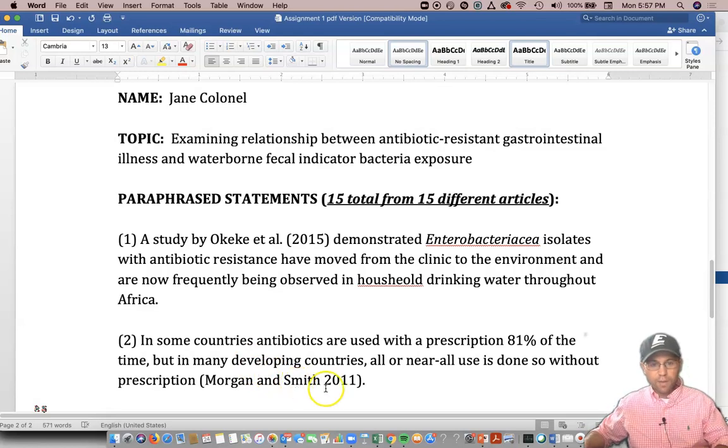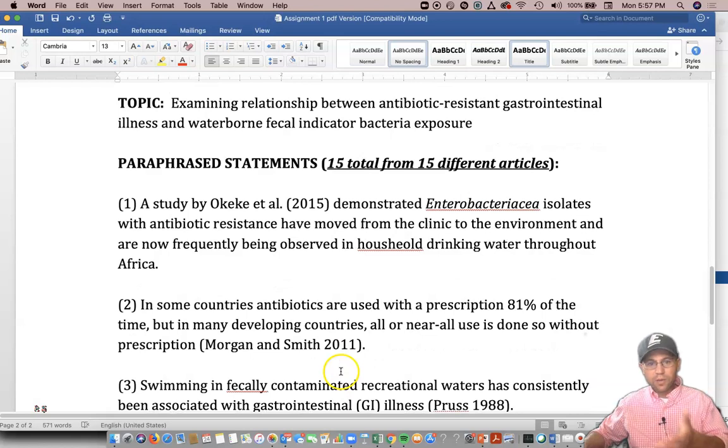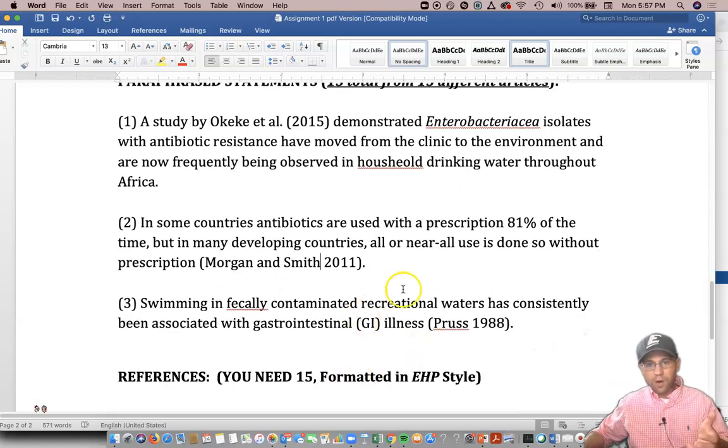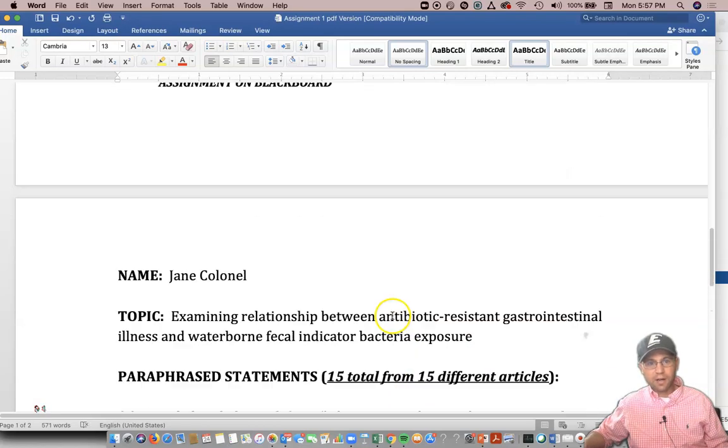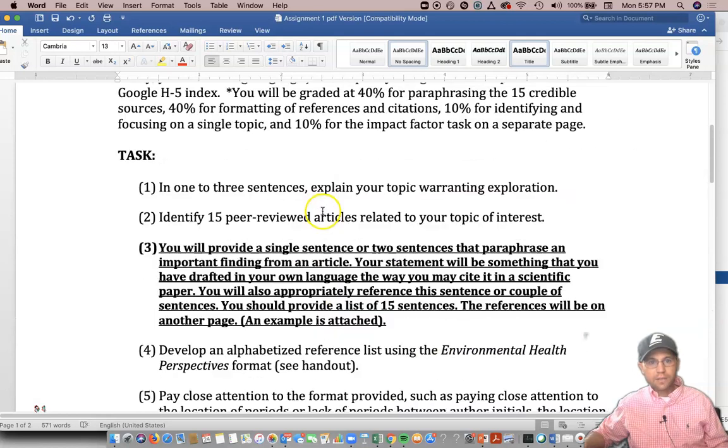Some journal formats have a comma. I'm asking you, in this case, to use the Environmental Health Perspectives format. If you want to use something else, you can, but please be consistent across the board. Please don't be mixing and matching formats or you're going to get credit taken off. All right, so